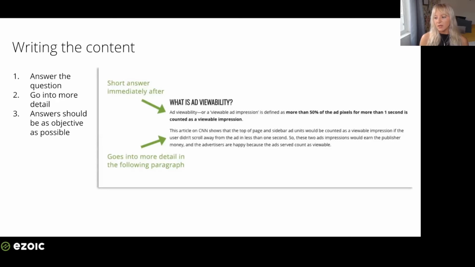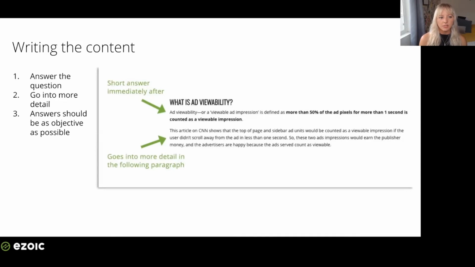about CNN. So this is good for keeping users from bouncing quicker because they have the answer to the question immediately. So they're not going to be searching around and get annoyed and leave. And really the majority of people will want context on why that is the answer, and they'll keep reading. So it's not going to make people bounce faster. It just helps readers get more into your content immediately.